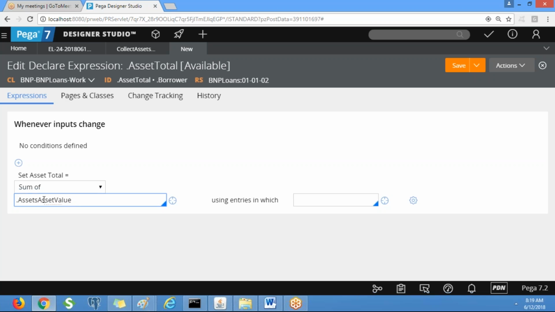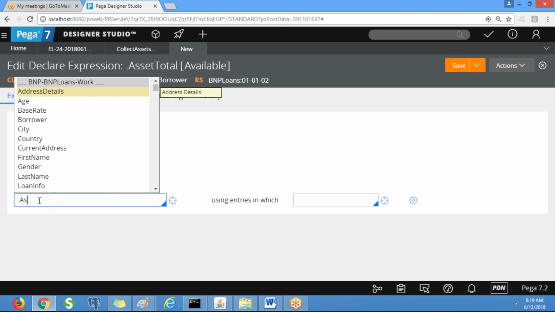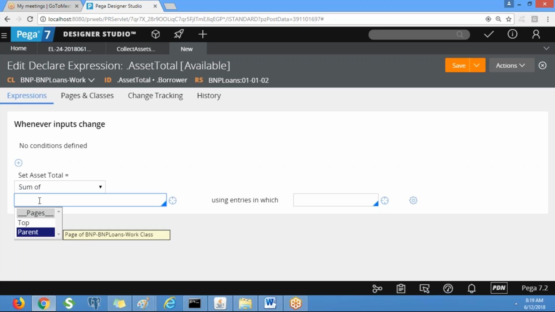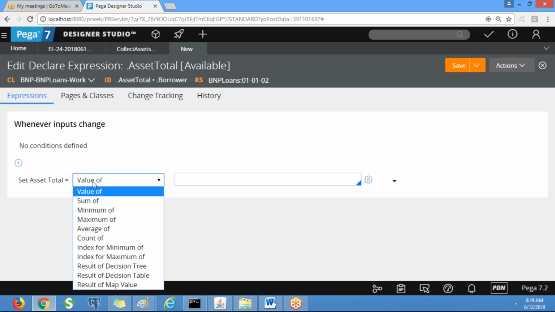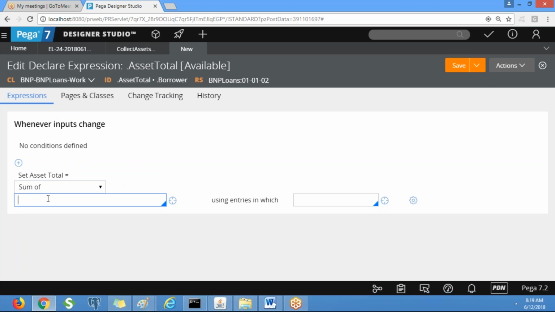So put a space, assets, select sum of assets dot asset value.